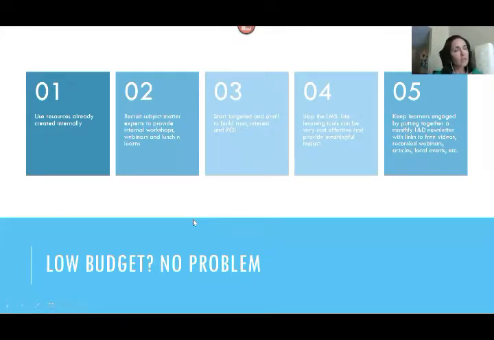And now I want to kind of go into the budget part of things. I have been asked to build these programs and departments on a variety of different budgets, stemming from no budget at all the way up to pretty large, robust budgets from the beginning. But I would say that these are things you want to keep in mind regardless of the budget you have, even though they really are speaking to people that have a low budget to start with. So first, biggest thing, use the resources already created internally.